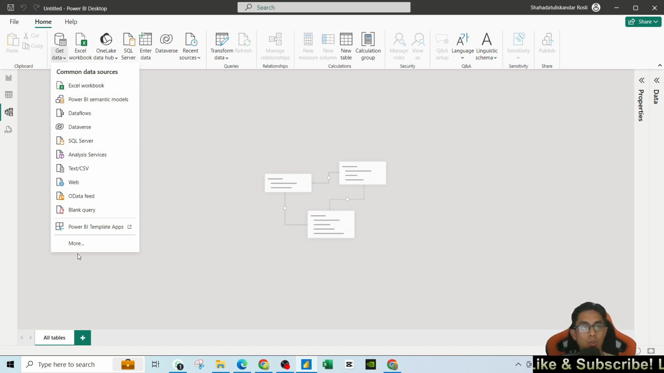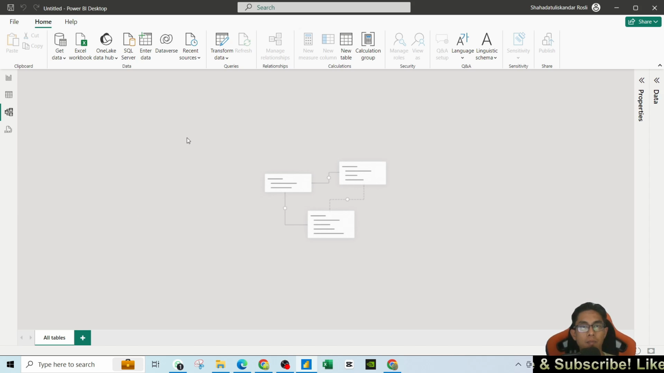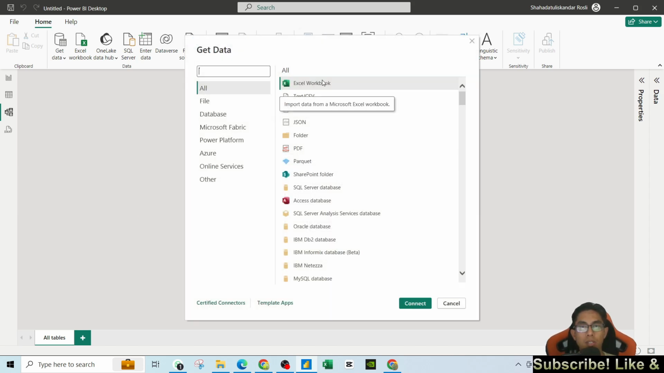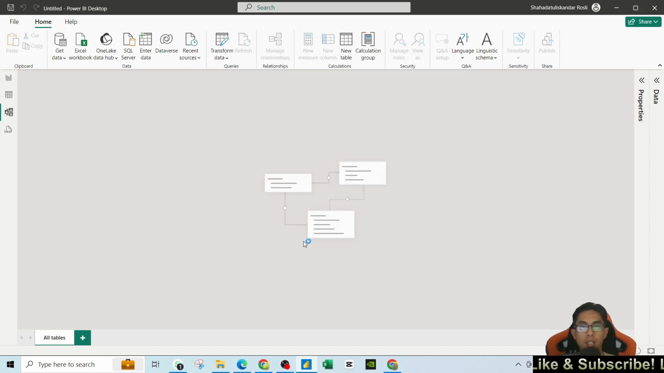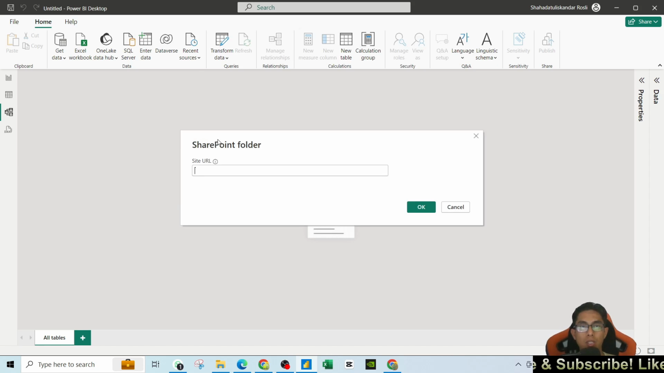So you need to go to this More option first. And then from here, you will see the option to import data from a SharePoint folder. So that's what we want to use now, and click on the Connect button. And Power BI will ask you for a URL. So in order for us to get the URL to our SharePoint folder, for this example, I'm going to use